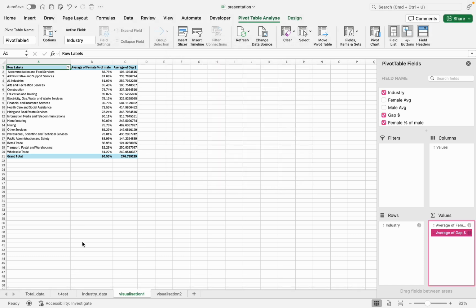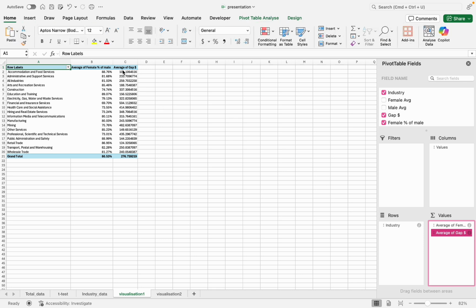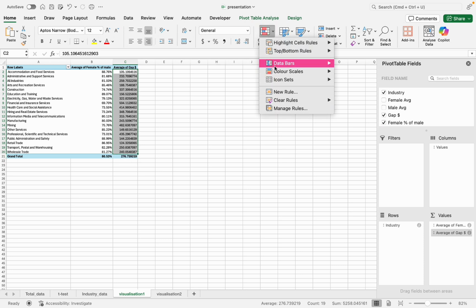Here we go. And here is a useful tool as well. Select the range you want to put in, and let's go to conditional formatting.